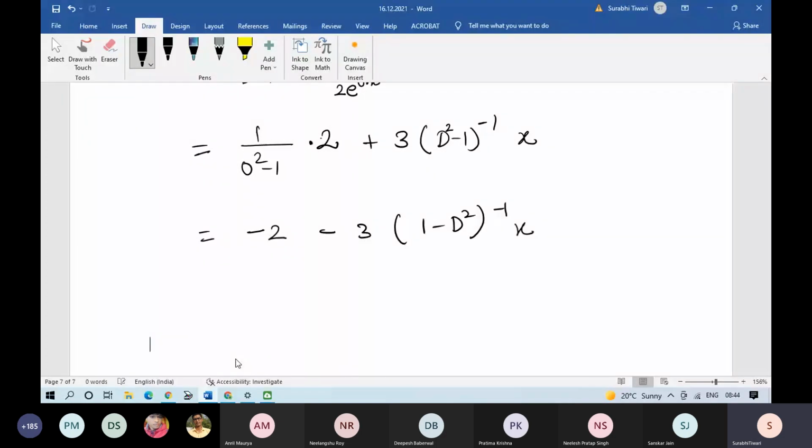Now expand this using binomial expansion. So we have -2 -3 अंदर बचा 1 प्लस d स्क्वायर माइनस d की पावर 4